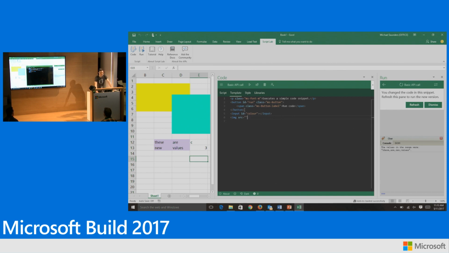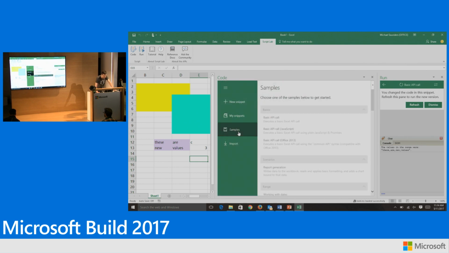We're a Microsoft Garage project, so if you notice any bugs, by the way, you can file them on GitHub. I'll show you that at the end. But this is just one of the platforms where ScriptLab can run. So in a minute, I'm going to show you the import feature and bring this same set of code to the web. But before I do that, just wanted to give you a taste of some of the other fantastic samples